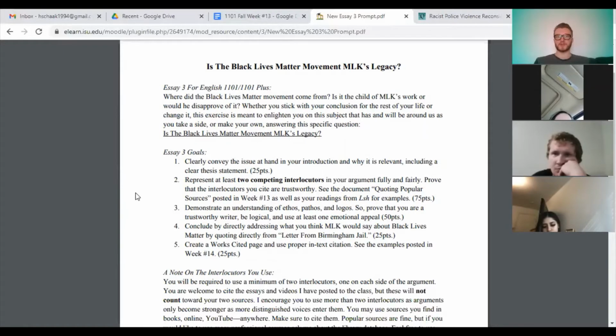And the other part of doing that is required here. You need to prove that both of the interlocutors, both of them, are trustworthy. So you're not just setting up a straw man, right? You're not just using a crappy person who disagrees with you so that you can bowl them over. I want you to find a reputable source that disagrees with you and a reputable source that agrees with you, so you can have an actual discussion about these differences, because this is a very nuanced argument that you guys are joining into. So at some point in the paper, you want to prove that you're trustworthy, right? And a big part of that is going to be proving that the interlocutors you used are trustworthy. That'll take care of that.